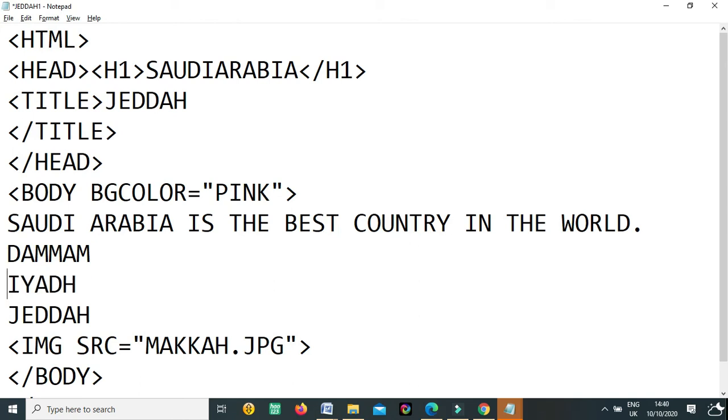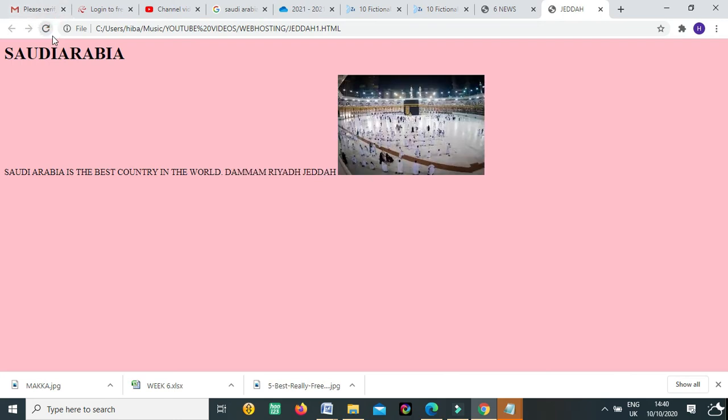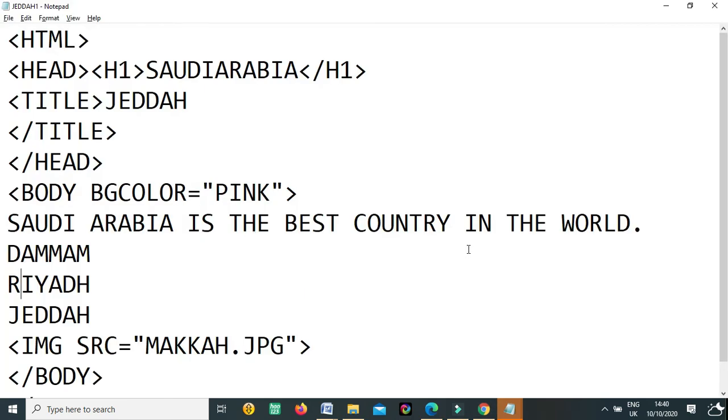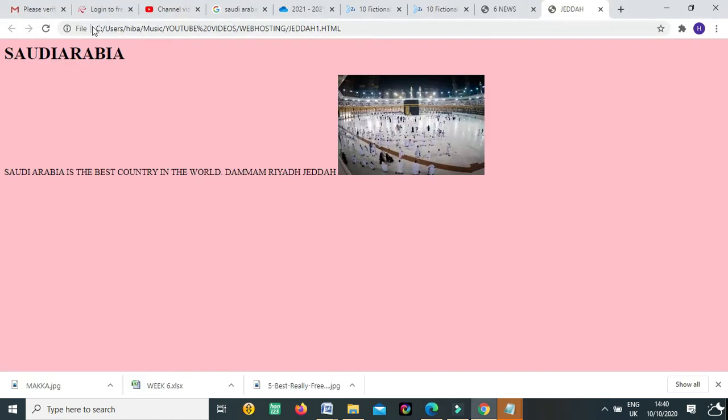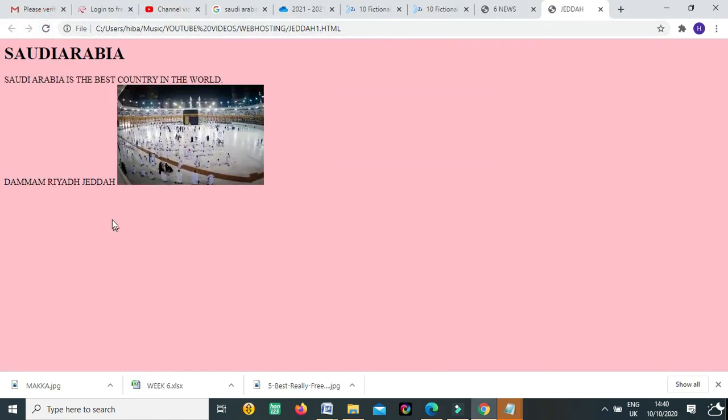If I write this and save it, you can see when I refresh, it comes on this line. So if we have to break the line, meaning go to the next line, we use one of the tags here, BR. It will break your line and you can use it as an Enter, the next line.